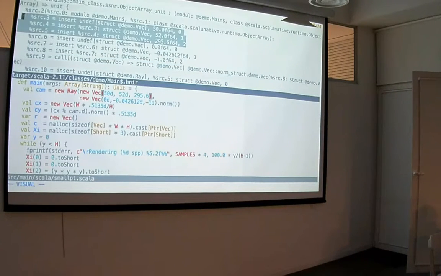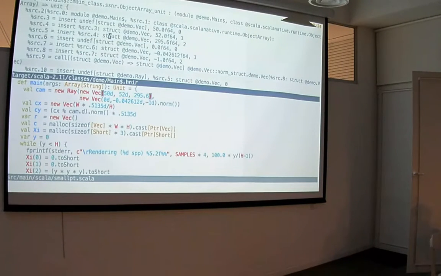So the first vector is basically how you produce a struct. First you take something called undefined, which is an undefined value of some type. So it's a struct, an instance of a vector where all three fields are unknown. And then you insert fields. So basically you explicitly update fields in a functional style. But you do it one field at a time because you really need to make sure that every instruction is as simple as possible. So that's a goal of SSA. You don't want complicated instructions. You want very simple instructions which compose well.